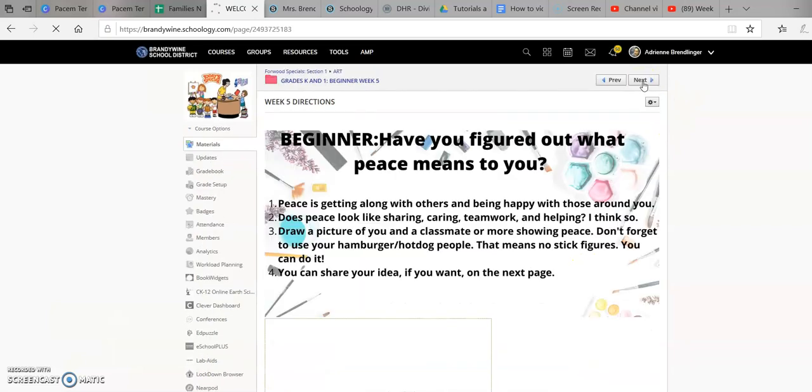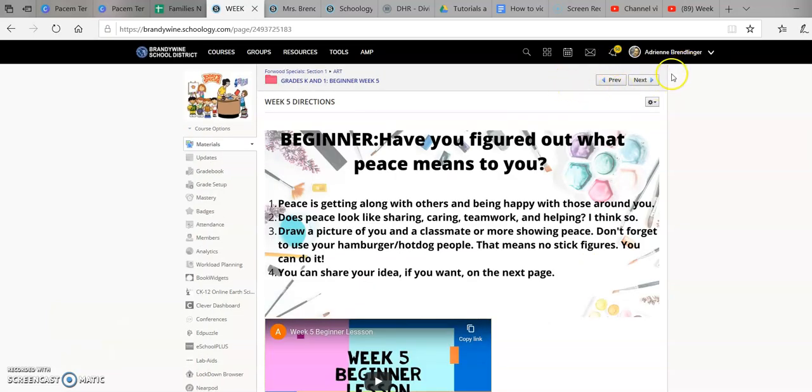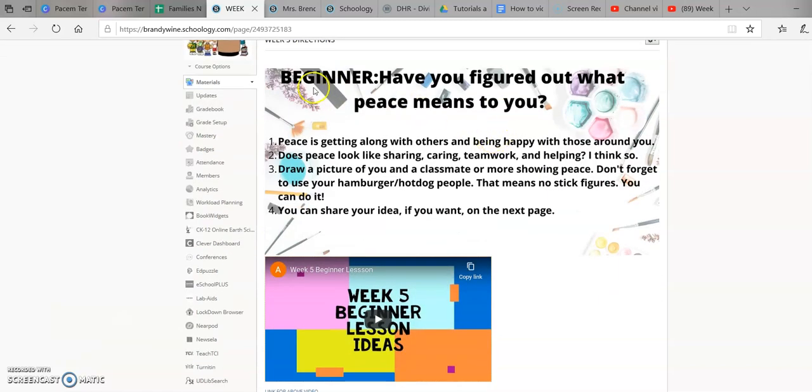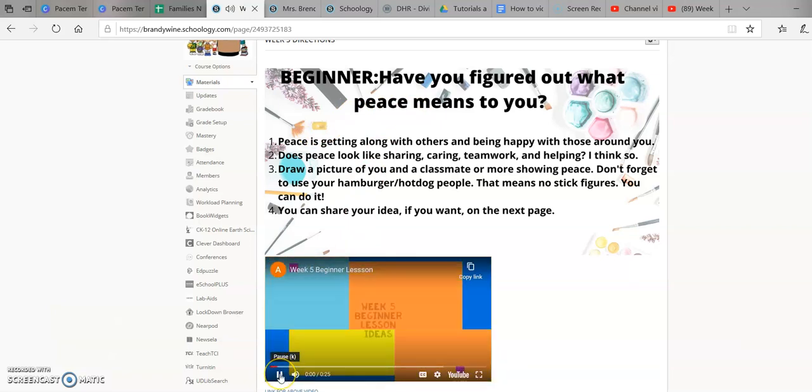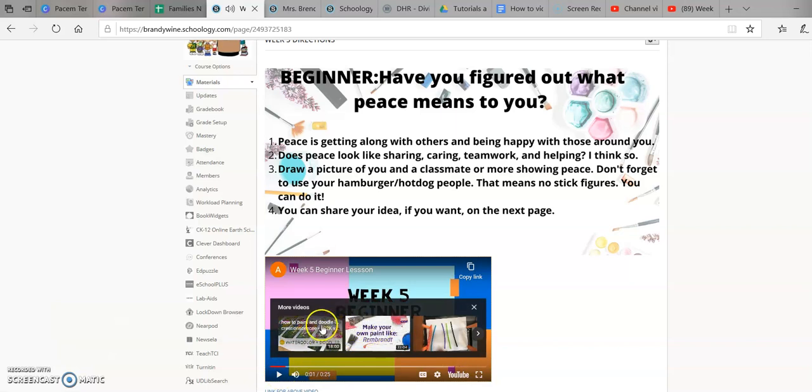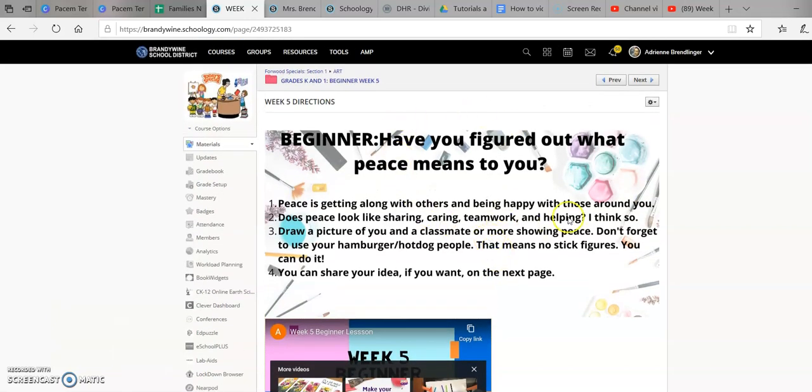Now, if you're on an iPad, there are 3 little buttons here. You can hit that and hit website view or web view, and then it will give you these previous and next tabs. So here is the beginner lesson, and here is a video for it. I can click on that right in here. It will play, and it will give you a bunch of examples, a beginner example, an intermediate example, and an advanced example for this particular beginner assignment. Moving right along,